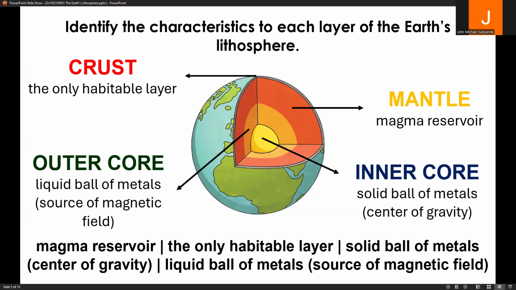So remember, when we throw things up in the air, all of them have the natural tendency to go down or to fall because of the force called gravity. But the reason why those objects do not immediately fall towards the inner core is because it's barricaded by the 3 layers above it. We have the crust, mantle, and the outer core to barricade falling objects from the inner core. But as you know, all objects are attracted to the inner core due to gravity.